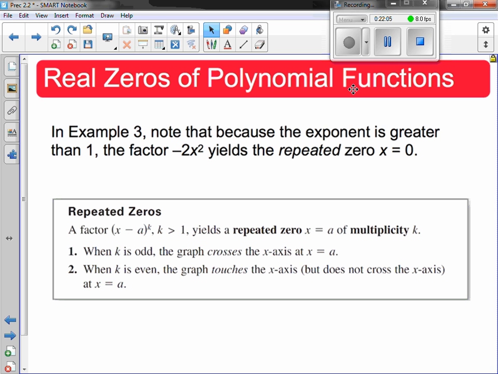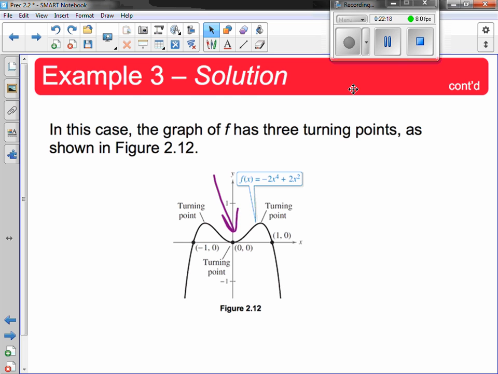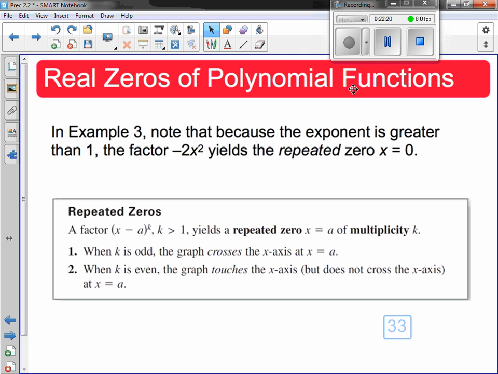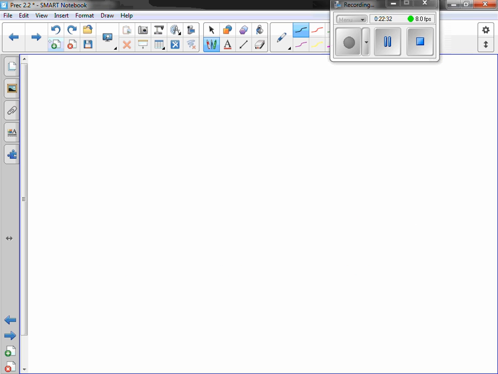Now, if you notice, that defines any of them. So like negative 1 is an odd multiplicity. It has an odd multiplicity of 1. So we really don't talk about 1 because it crosses there and there. It's odd. But it could be a 3. Odd multiplicity of 3. So if we said x equals 1, x equals 1, x equals 1,